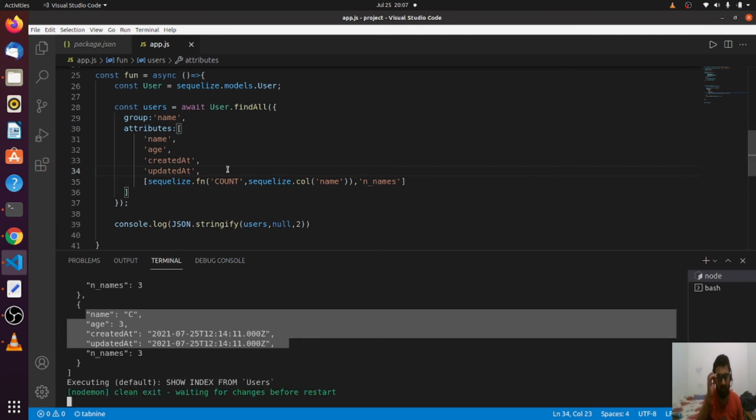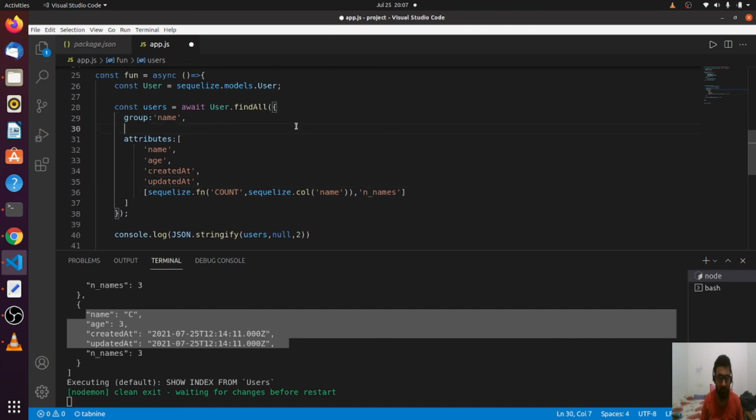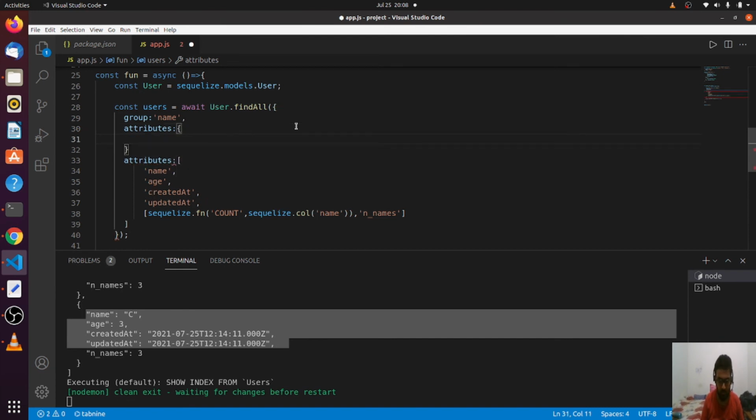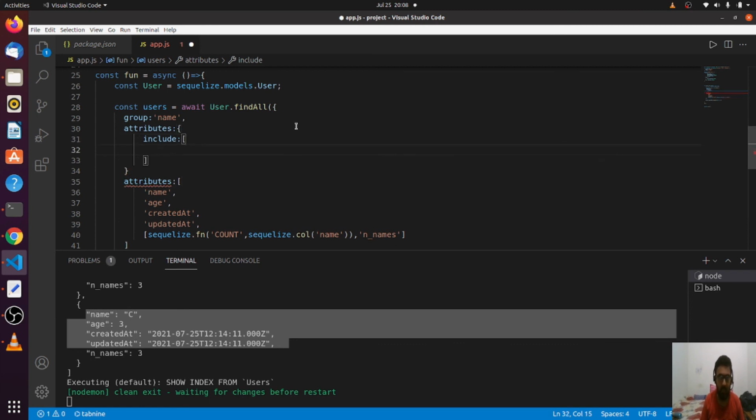The better way is, Sequelize provides us a better way also. So how to do that? It says if you want all the attributes and just want to add, or I can say just want to include something new, what you need to do is just do include, and put what I want to include.